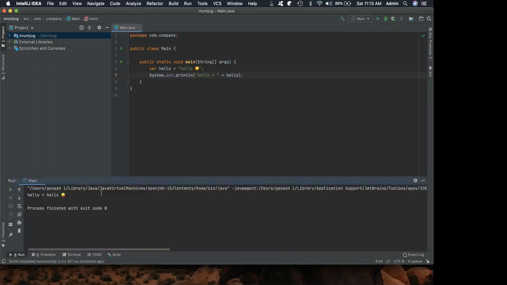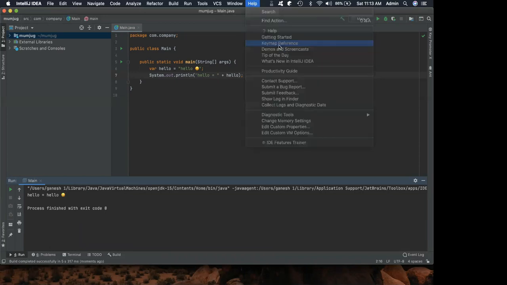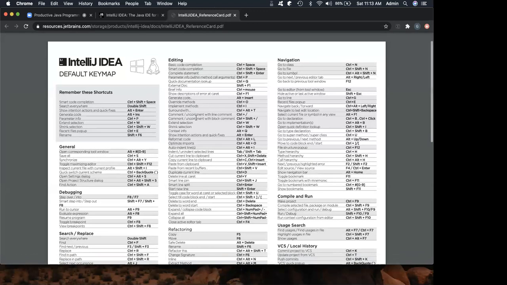Before you go further, I don't know how many of you use the keymap reference. In the keymap reference, you'll be able to get the keymap for Windows, Linux and Mac.